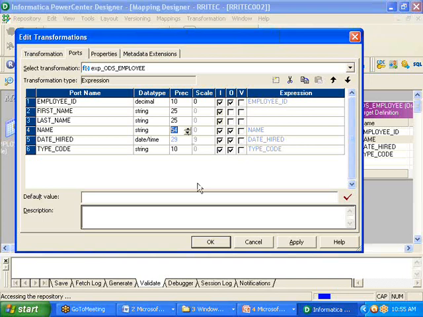Now, is this column coming from the source, sir? This column is coming from the source employee table? No. You need to disable the input port. Then only can we define the expression. If you see here, the expression is enabled now, right? If the input port is enabled, then the expression will be disabled. If it is coming from the source, we cannot write an expression. You need to take it from the source only. If you want to write the expression, you need to disable the input port.